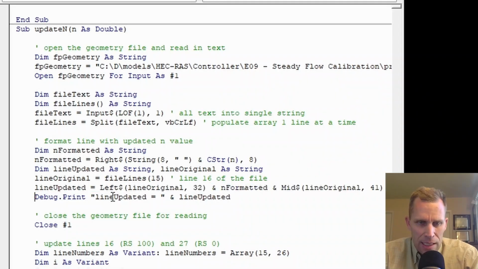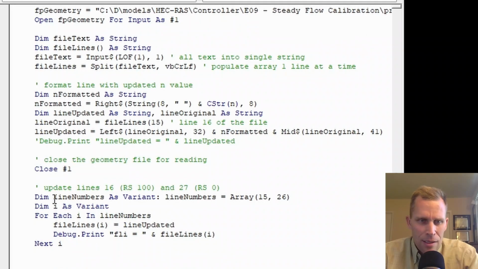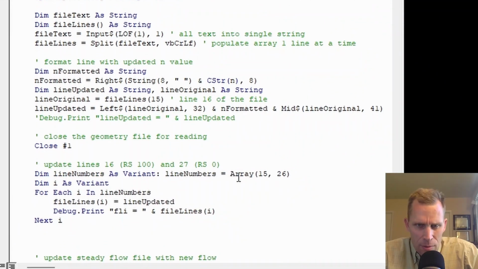So it looks like I'm printing it out right here in the intermediate window. I don't need to do that anymore. That's just sort of a debug task that I might forget to remove after having tested this. So we're going to close the file for input, and then we're going to reopen the file. In this line right here, what I'm doing is I'm going to loop through just lines 16 and 27. So yeah, again, I don't need the debug here. Sorry about that. And then I'm going to update my array of file lines